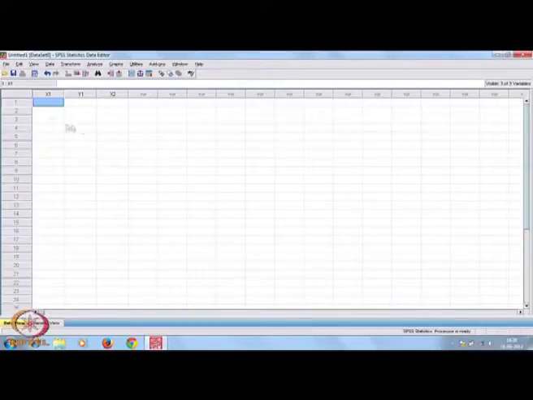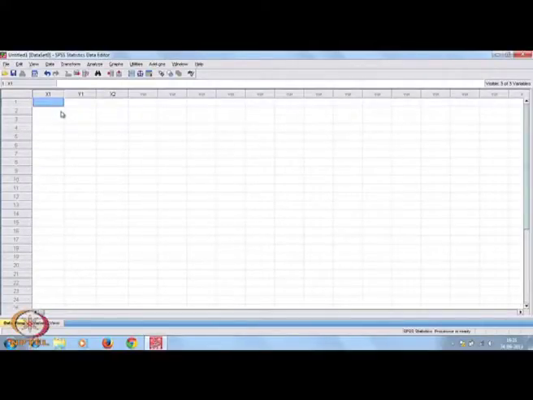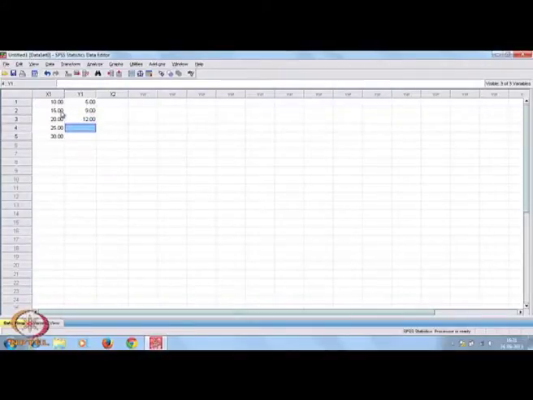What has happened here, you see x1, y1 and x2, these 3 variables are created, and we have said that x2 is a string variable, x1 and y1 are numeric variables. So, put some values, for example, let x1 be 10, then 15, then 20, then 25, let it be 30. For y1, let it be 5, let it be 9, let it be 12, then followed by suppose 20, followed by let it be 22.